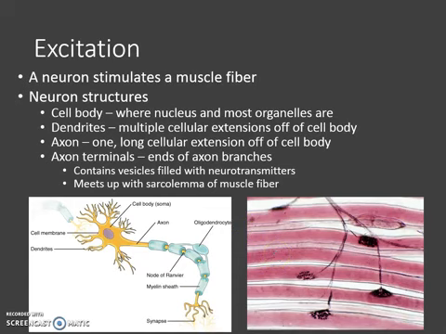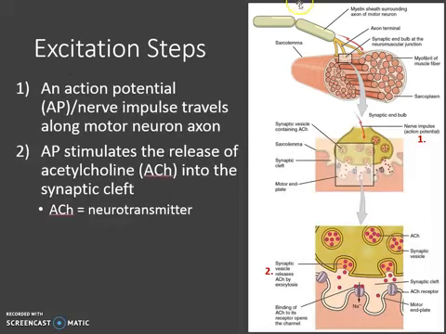So now that we know what a neuron looks like, let's take a look at the actual steps involved in that excitation. The neuron itself does something called a nerve impulse, which is also called an action potential. So what happens is the action potential travels from the cell body and the dendrites down through the axon to the axon terminals. When the action potential reaches the axon terminals, it causes these little bubbles, these vesicles, to release